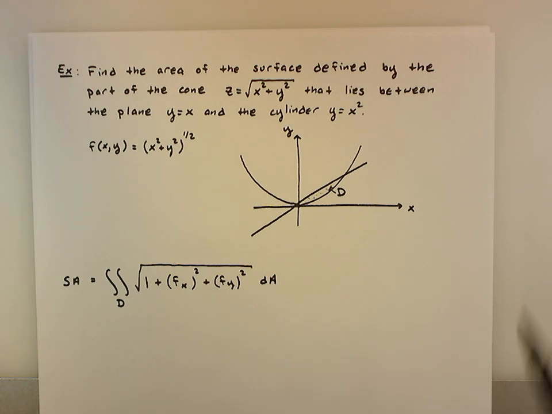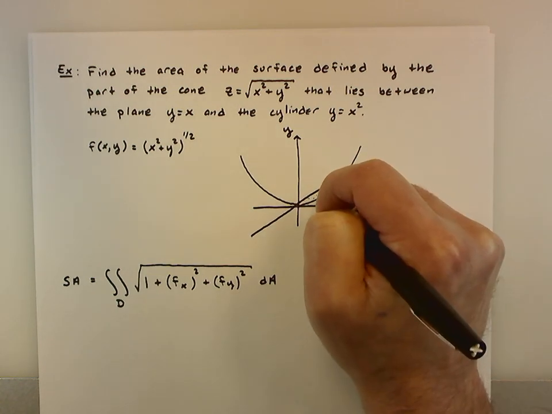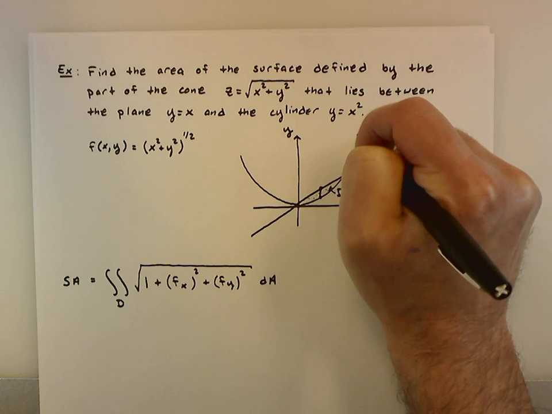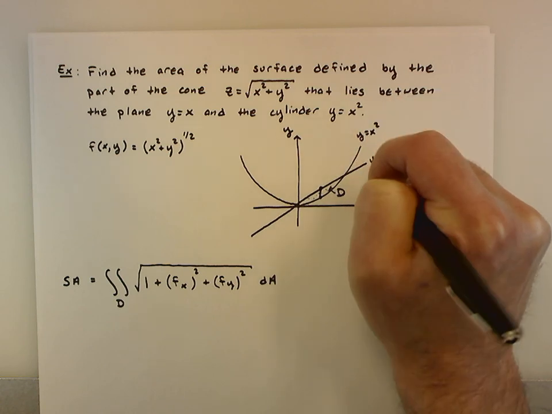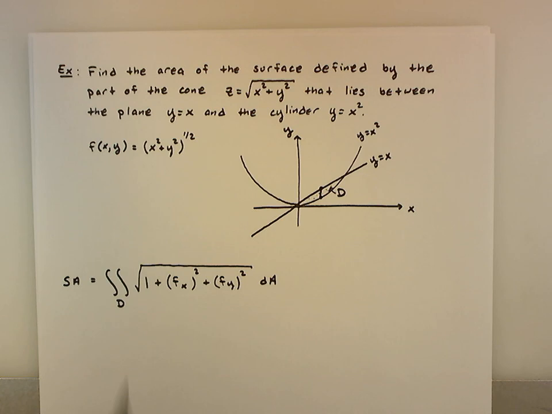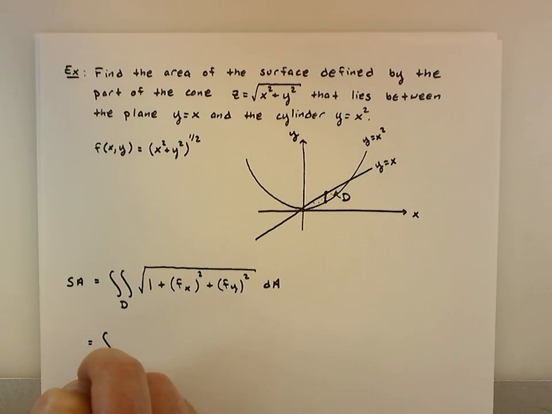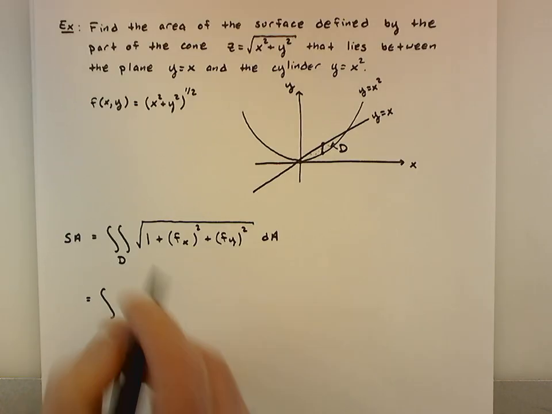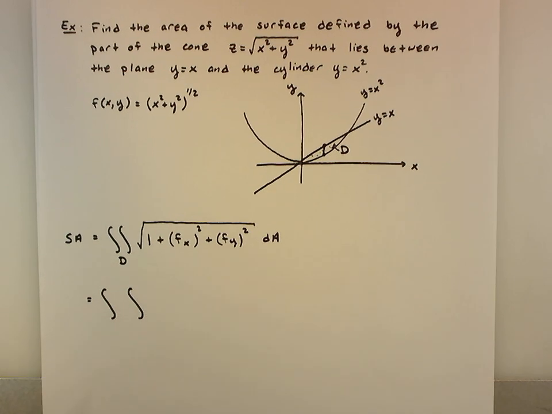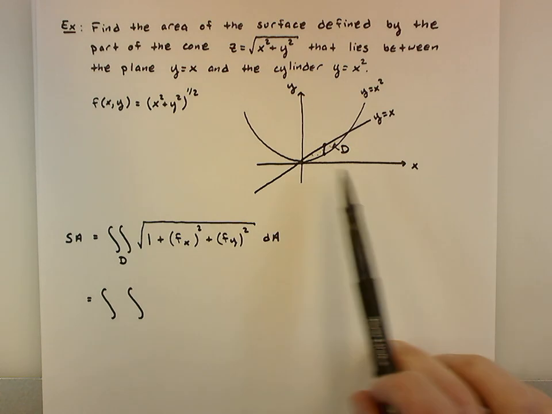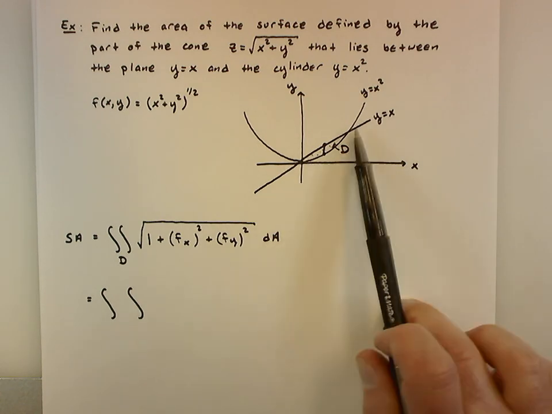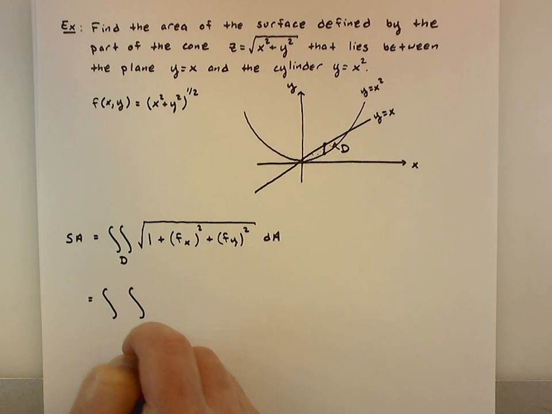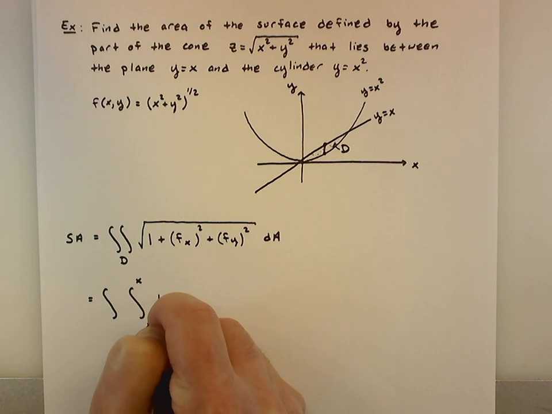So for this region, let's do dy dx first. y goes from this point up. This is y is equal to x squared. This is the line y is equal to x. So the region D, if I choose dy dx first, the lower curve is x squared, the upper curve is x. So I'm integrating from x squared to x of the square root of 1 plus